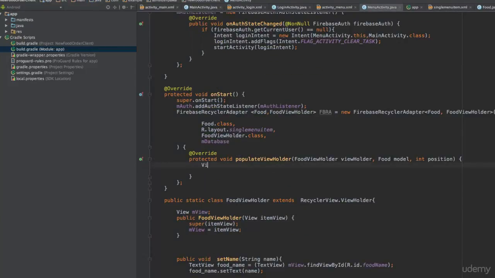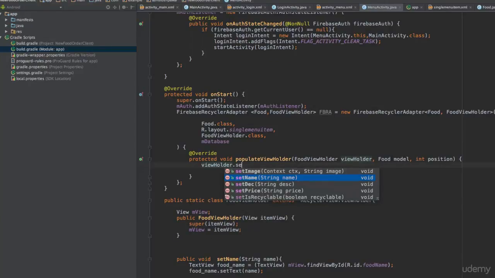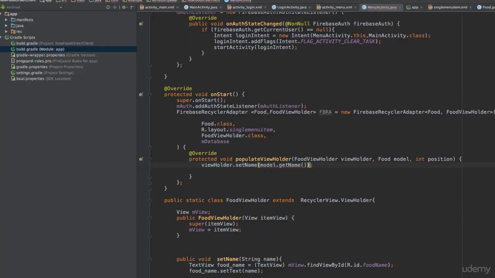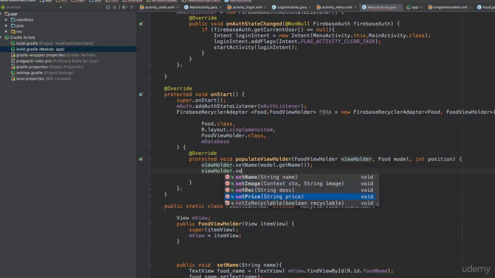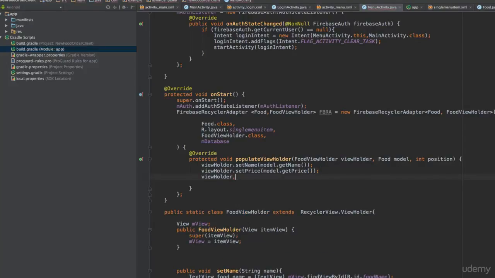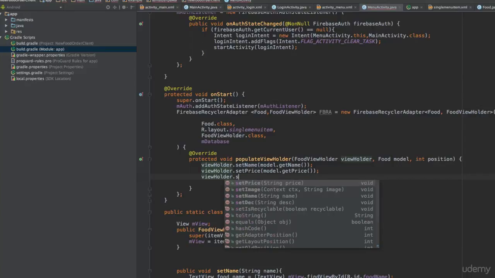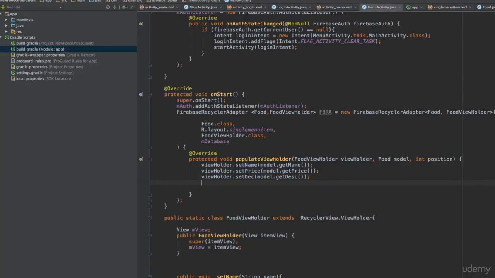So here what we will do is that we will set the view holder. So we'll type in view holder dot set name for name, and that's going to be model dot get name. Then we will also set up the price and description. So view holder dot set price, and that's going to be model dot get price. So these get name, set name, get price methods are the methods which we are getting from the food class. Then that's going to be view holder dot set description, that's going to be model dot get description,